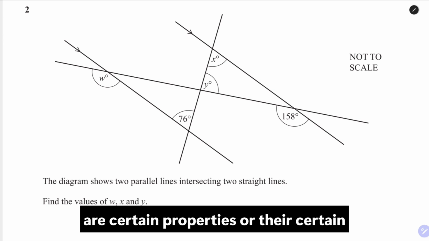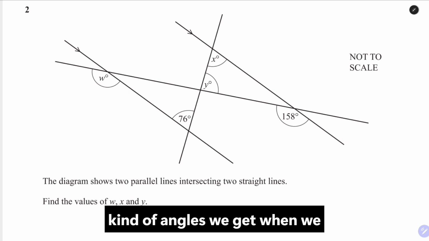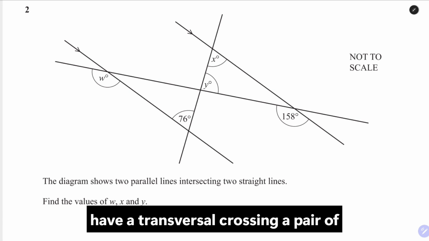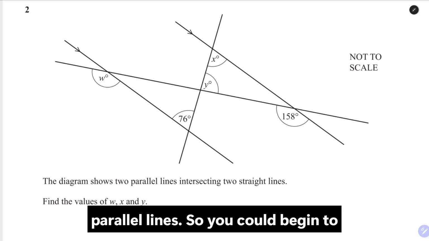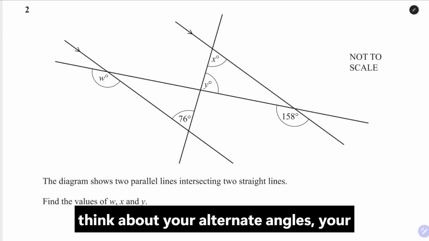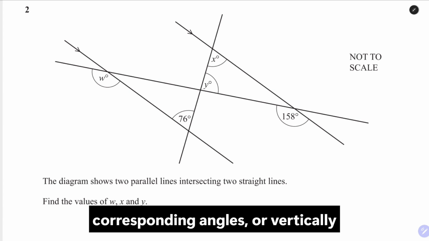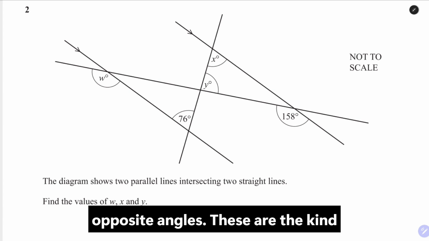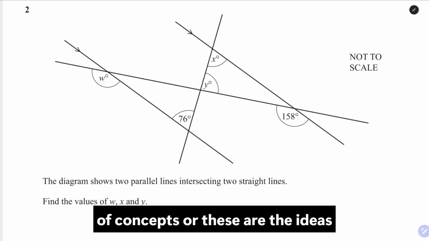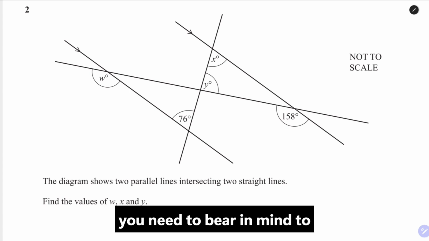So there are certain kinds of angles we get when we have a transversal crossing a pair of parallel lines. So you could begin to think about your alternate angles, your corresponding angles, or vertically opposite angles. These are the ideas you need to bear in mind to answer this